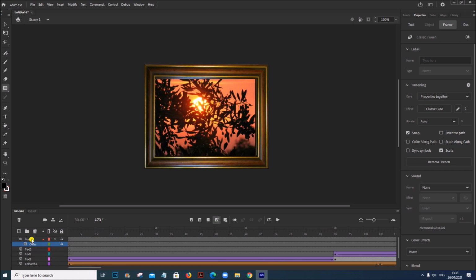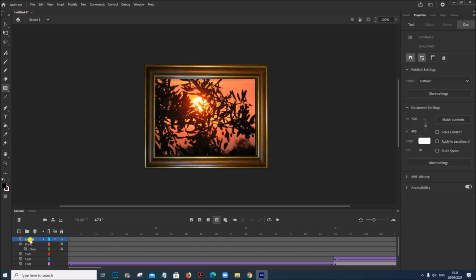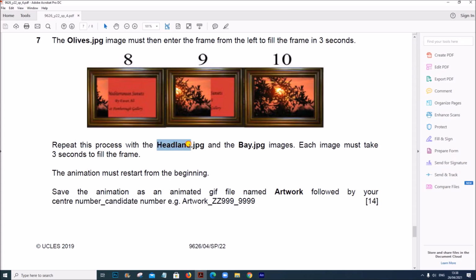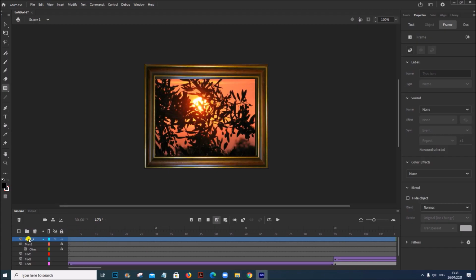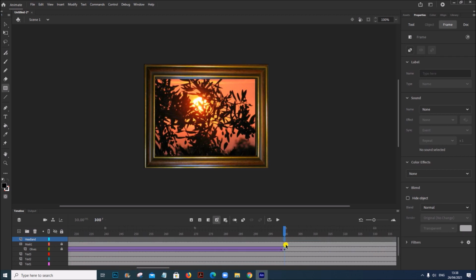Same way we have to add other 2 images. So add a new layer. Next image is headland. So it should start from the 10th second.